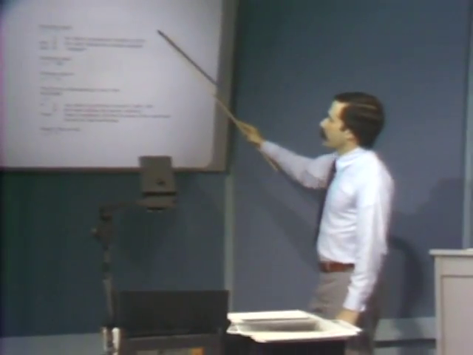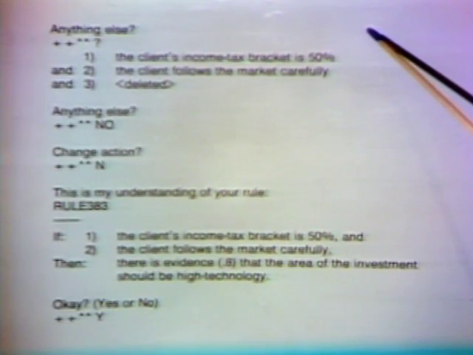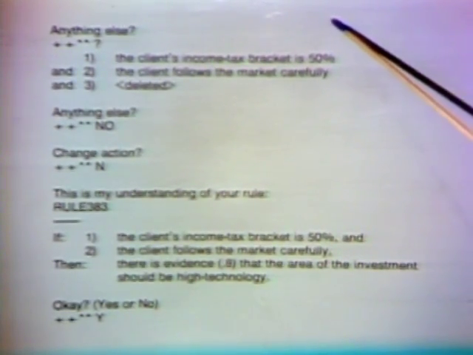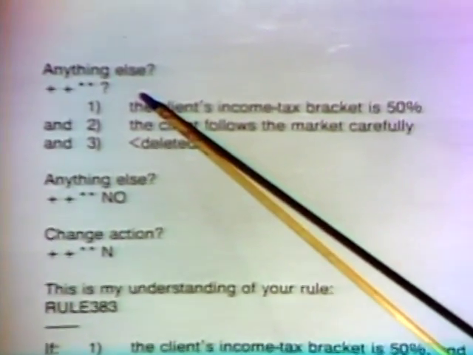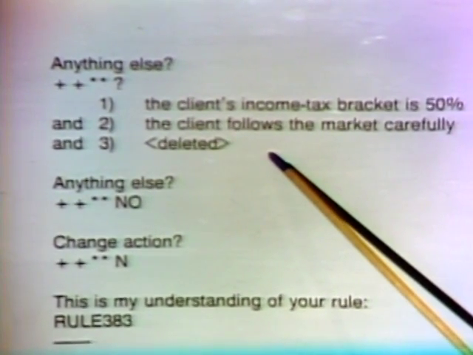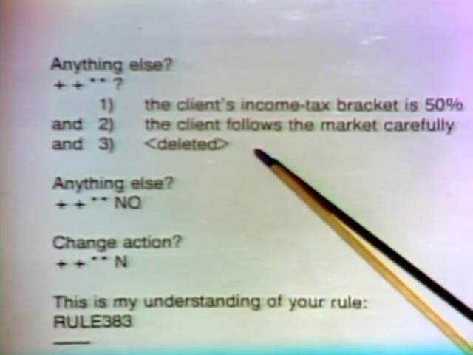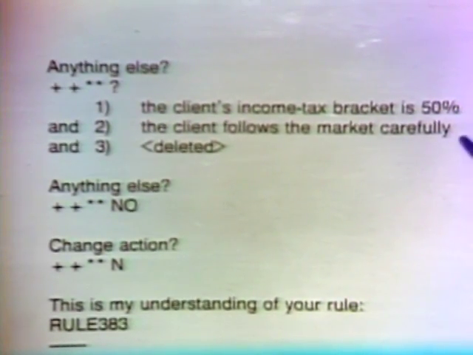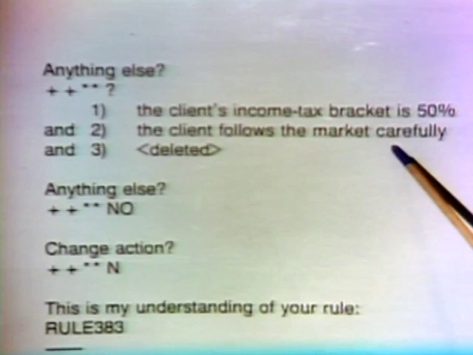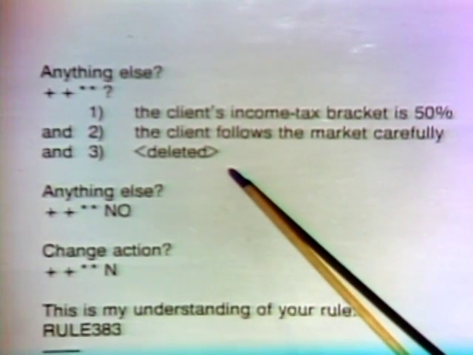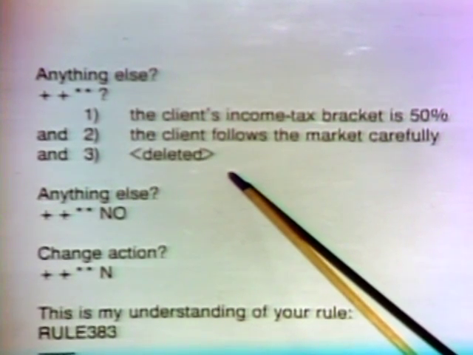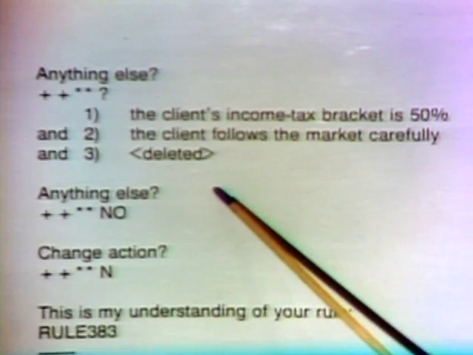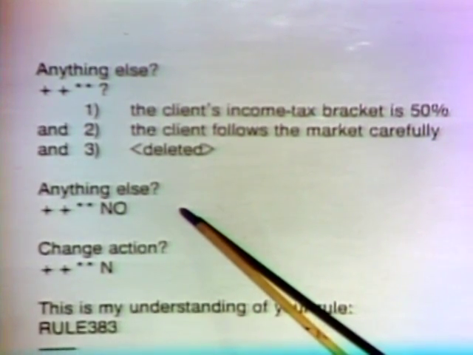And here's an example of the system asking, well, let's see, we've been making some changes here. Are there any other changes you'd like to make? And the expert simply types in a question mark, which says, in effect, well, show me what I've got so far. And what we've got so far is the premise of the rule. We've managed to get the first clause and the second clause correct. Apparently, the system also introduced a third clause that was spurious here. And the expert in some earlier editing said, no, get rid of that. Let's delete that one. The system then says, is there anything else you'd like to change? And the expert says, no.